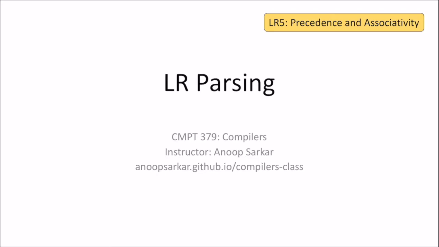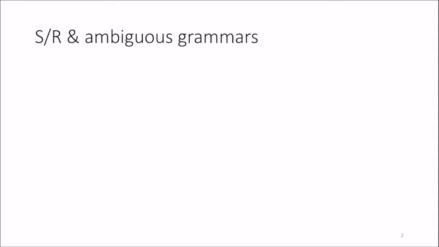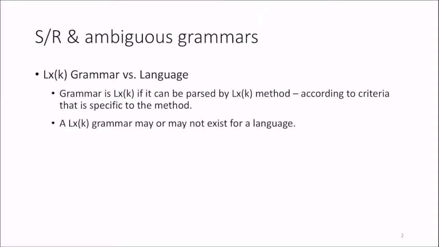In this lecture, we're going to talk about how we can handle precedence and associativity, not by modifying the grammar, but by adding some extra support in the parser to deal with these two notions, which are quite important in a programming language. So if I'm doing shift-reduce parsing and I have an ambiguous grammar, an aspect of the grammar